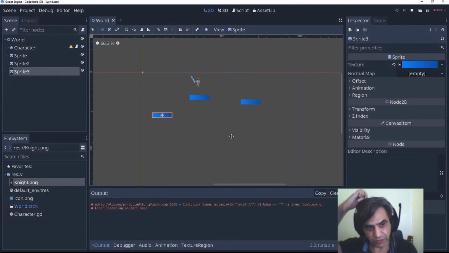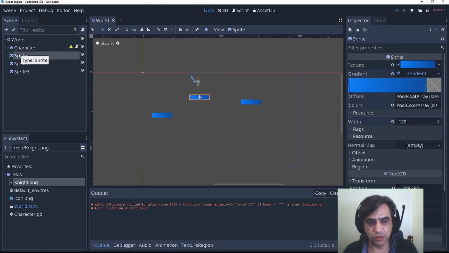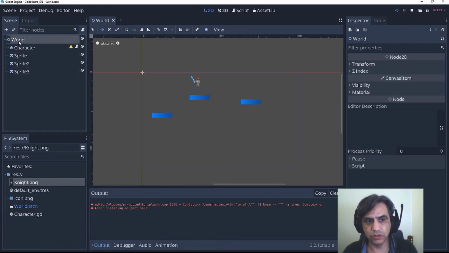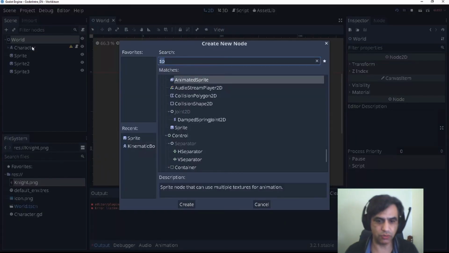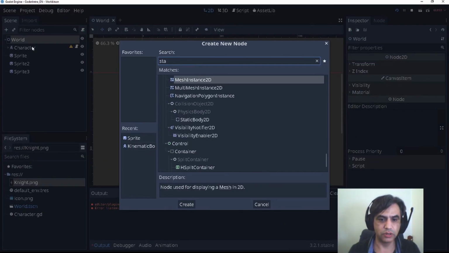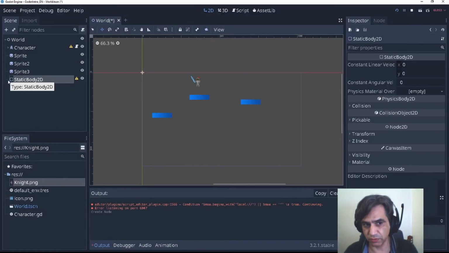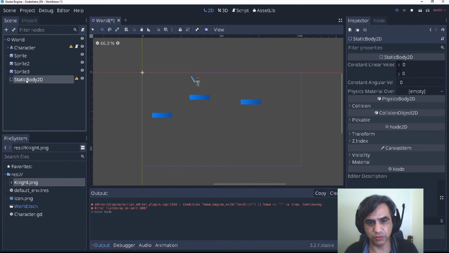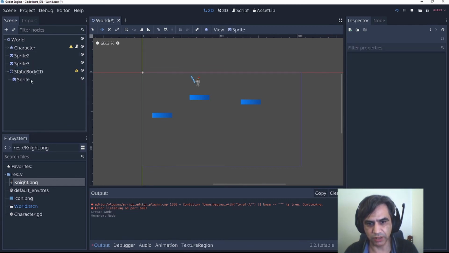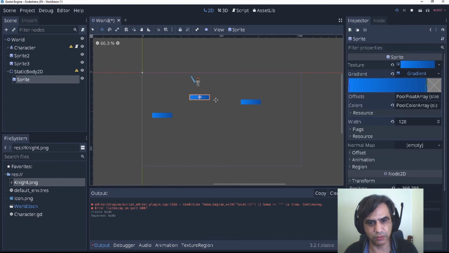Okay, so as I said, a sprite is only something that you see. You need to have one thing that is called a static body to have a collision with our player. Actually, we need more stuff, but we are going to check that in a moment. So I'm going to add this sprite that took a lot of time for me to do here, and I'm going to say that the sprite is here with the static body.